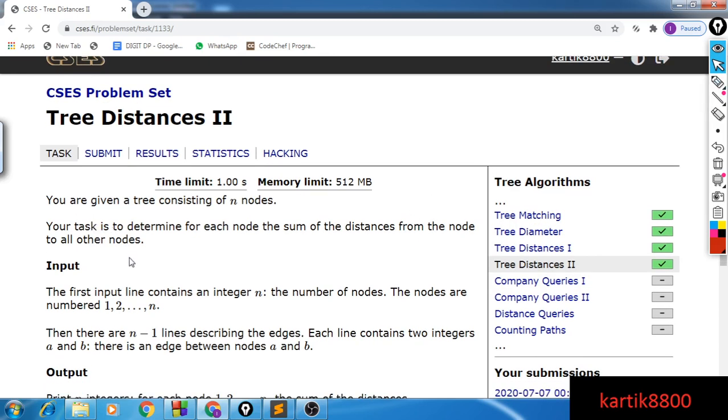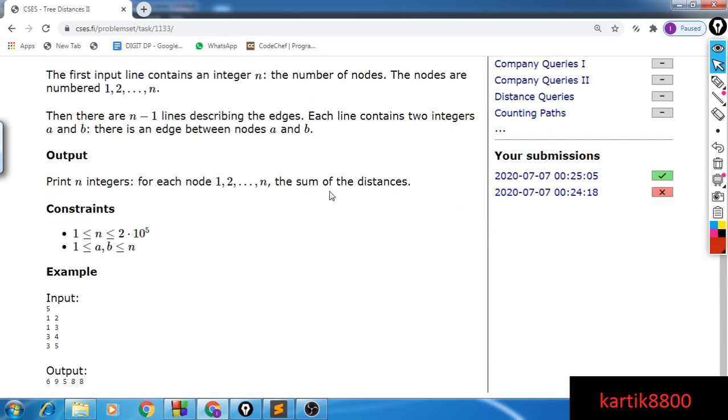The problem asks us, given a tree, to find the sum of the distances from a particular node to every other node of the tree, and you would like to find this quantity for all the nodes. I'll just give you an example, it will become more clear. So we are given this particular tree, just the same tree as given in every other example also.